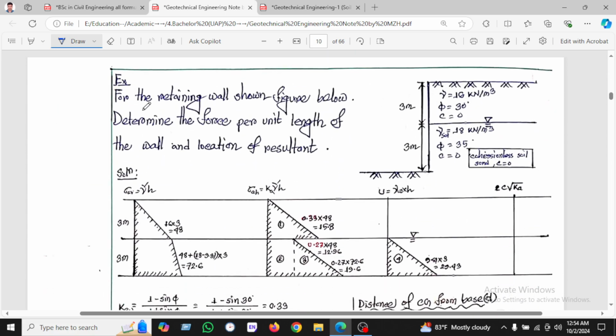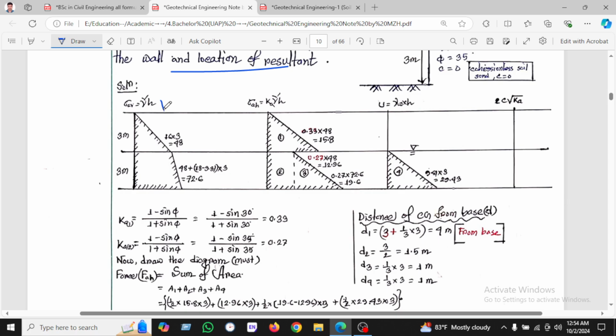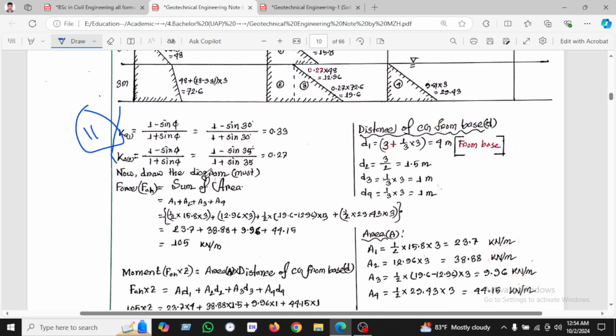Another example, you can see the retaining wall is shown here, determine the force per unit length and location of the resultant. So these are the first priority, and then we will calculate the second, and then we will go to the third condition, and fourth will be the pore pressure, and fifth will be the crack and uncracked faces, and